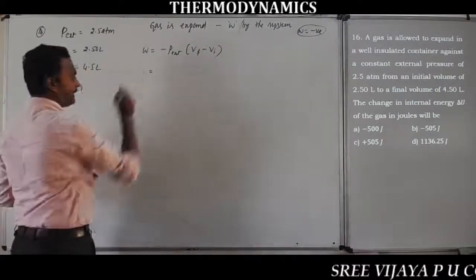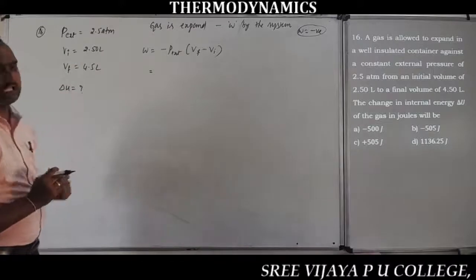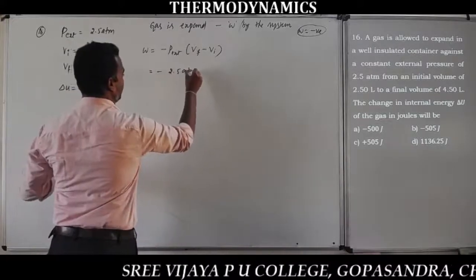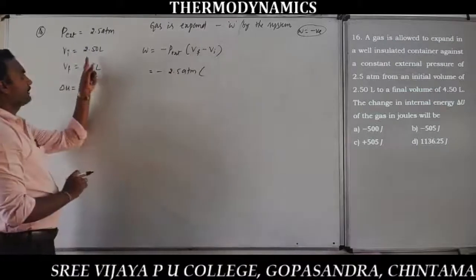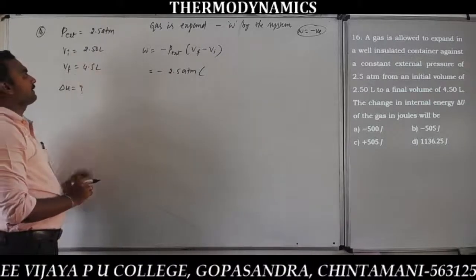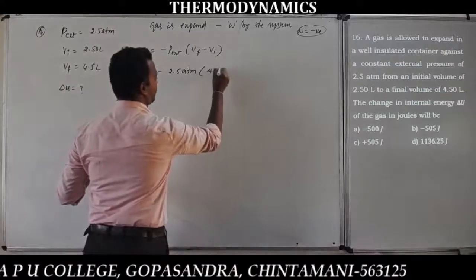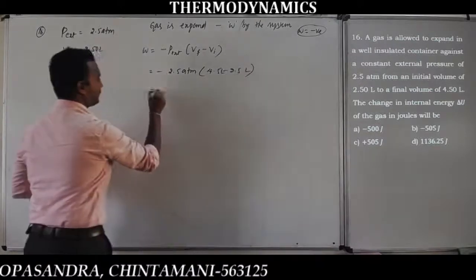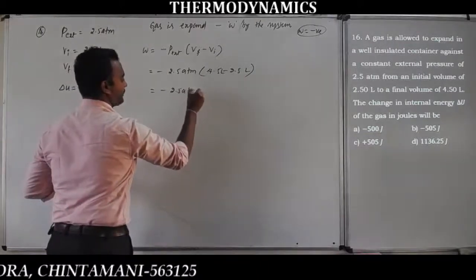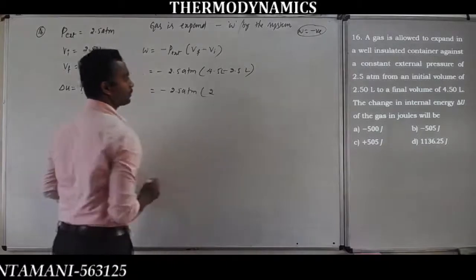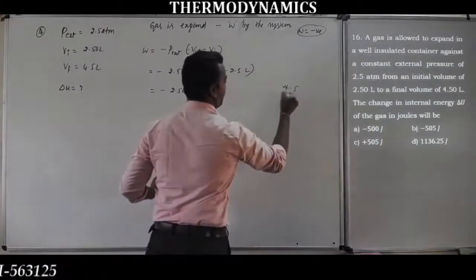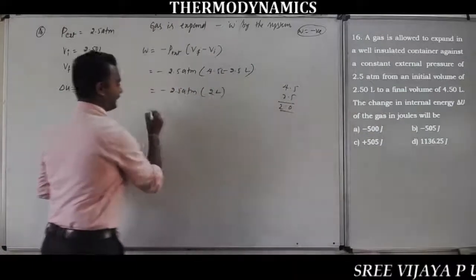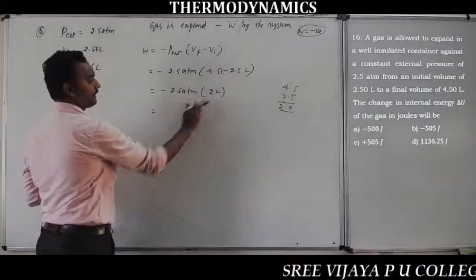That is minus 2.5 atmosphere into 4.5 minus 2.5 liters. 4.5 minus 2.5 is 2, so 2 liters. Multiplying, 2.5 atmosphere into 2 is